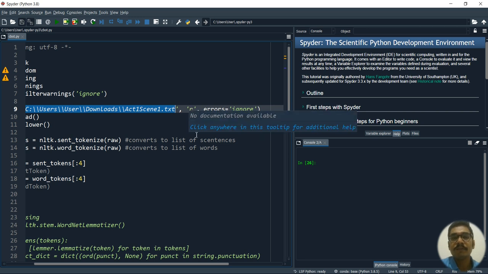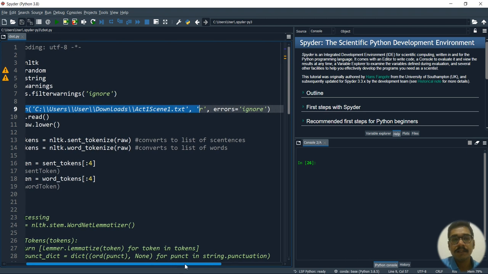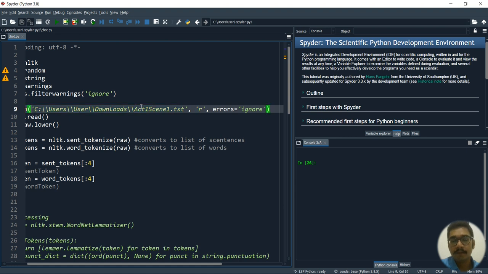So that is why you have this R, that opens this particular file. In the open method, you pass the path of where that file resides and in which mode you want to open it, which is specified by this R, that is read mode. And then you want to ignore the errors. Usually some things can go wrong, so for that you have this errors variable, which is optional. You can skip that.